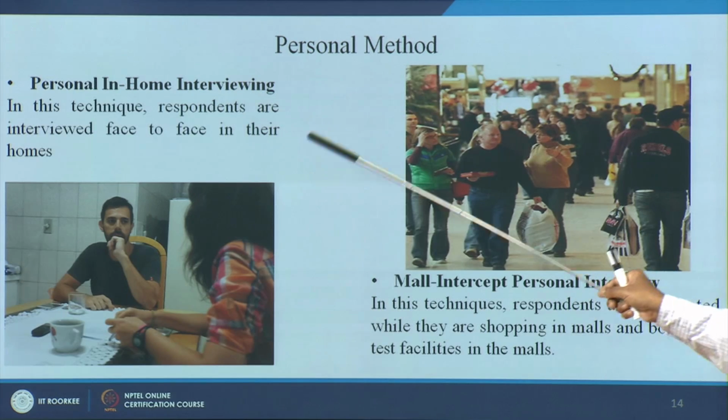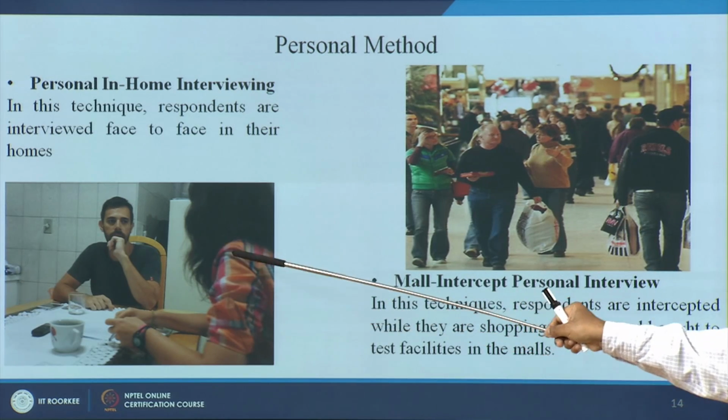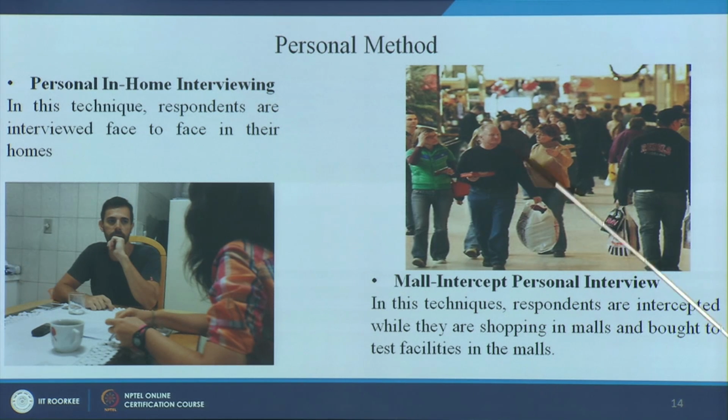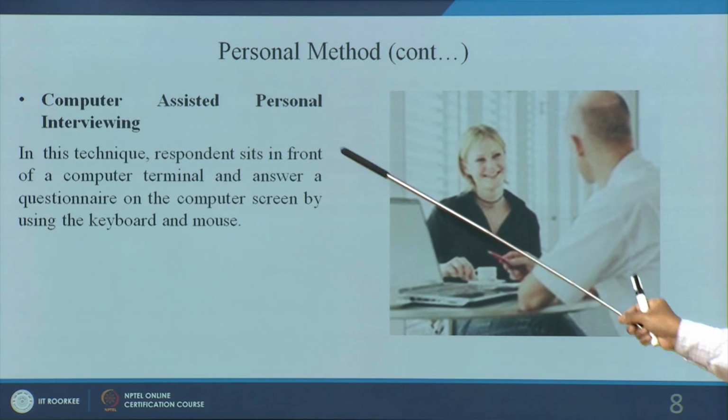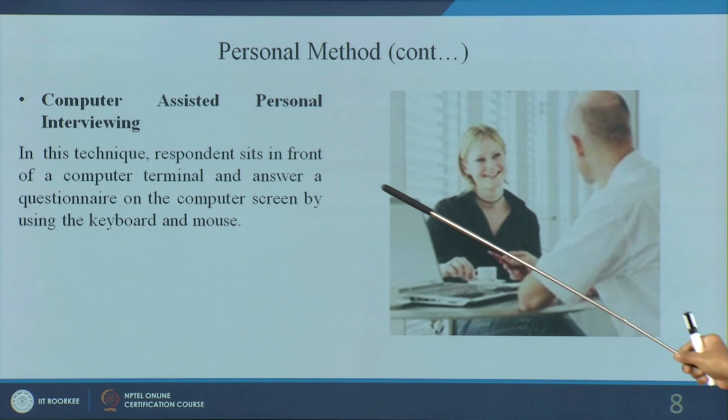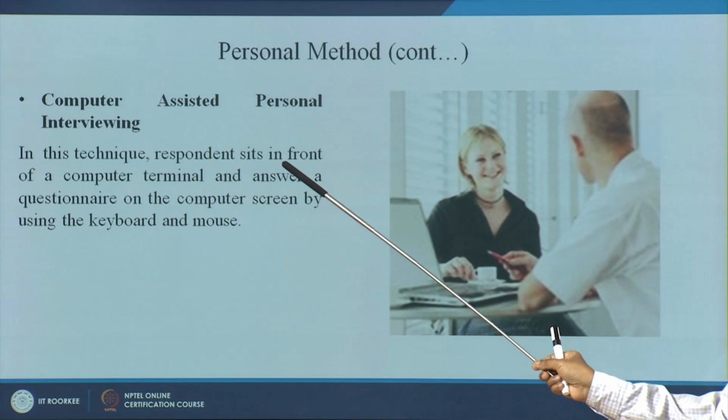So, this is the personal method. If you can see, a one to one interview is going on. Here, this is a mall kind of place where people are stopped and asked, obviously with their consent, in the two test facilities in the malls. This is another personal method which is computer assisted, if you can see. Now, in this technique the respondent sits in front